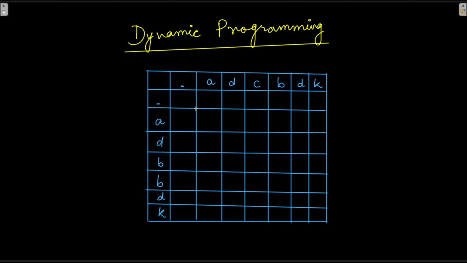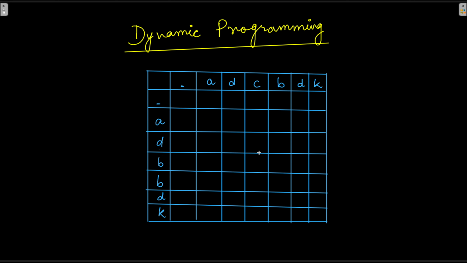So every cell in this table has a special meaning. Let us understand what the meaning is. If I'm here, let's say, this cell tells me the string until this point. Whatever the string is, until this point it is A. So the string A is matching against the pattern until this row. So the pattern is AD. A matched against AD is the meaning of this cell. So the cell will tell us whether there is a match or not. So the value of this cell is going to be a Boolean type.